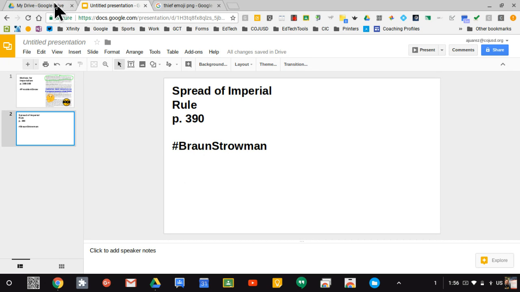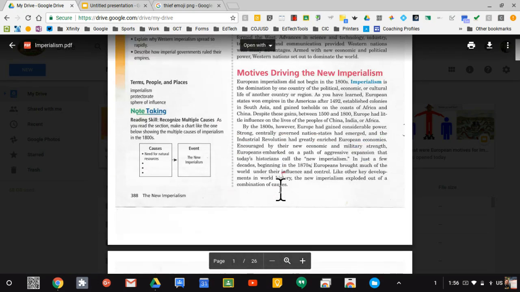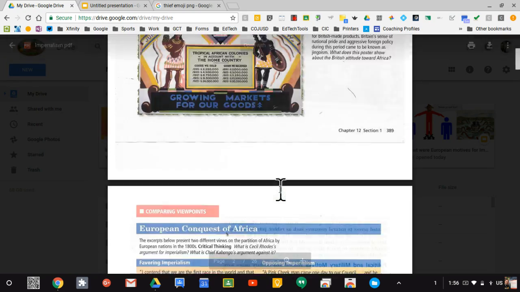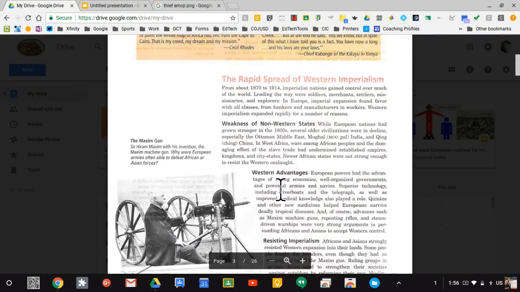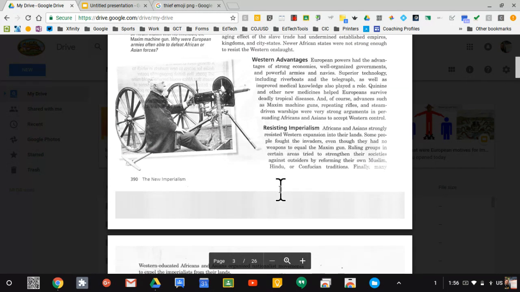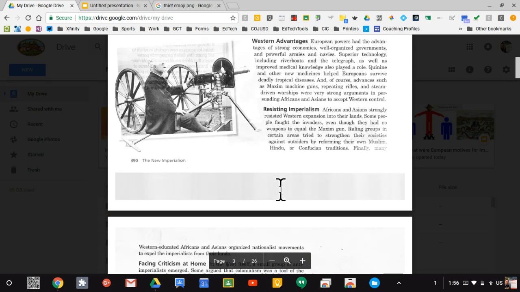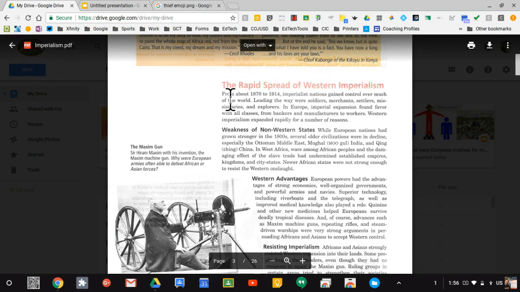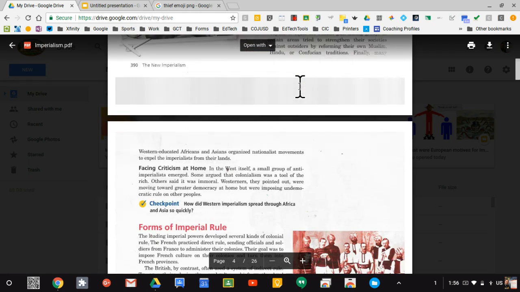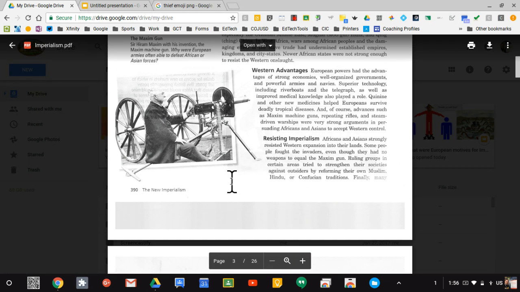What you would do is click over here to the text, and we're going to scroll down and talk about the spread of imperial rule. It starts right about here, and it goes to the next page to the end. So we're going to focus from right here till it gets down on the next page to here. That's what we're going to skim over and try to find